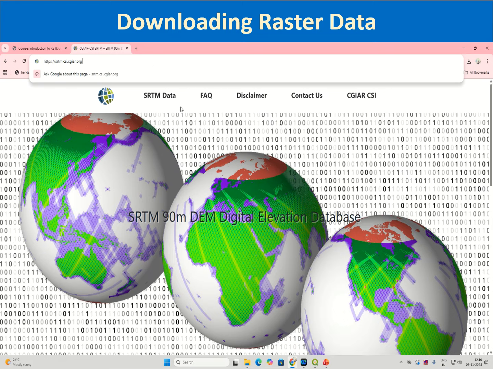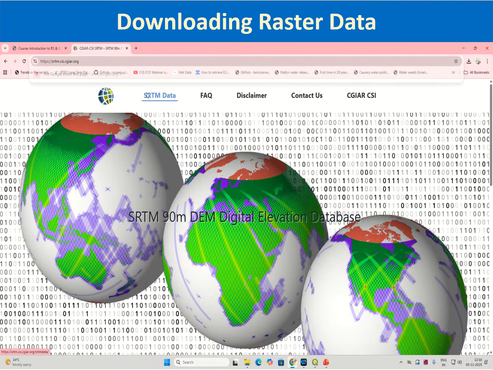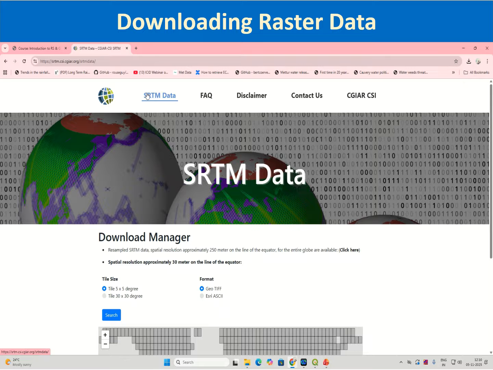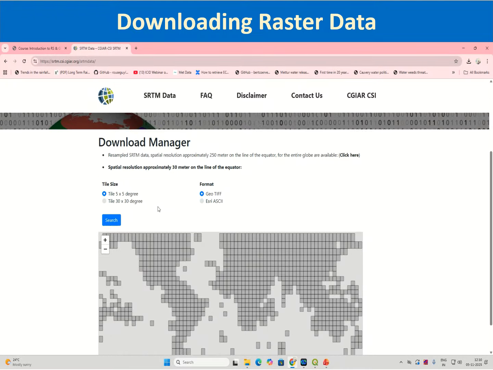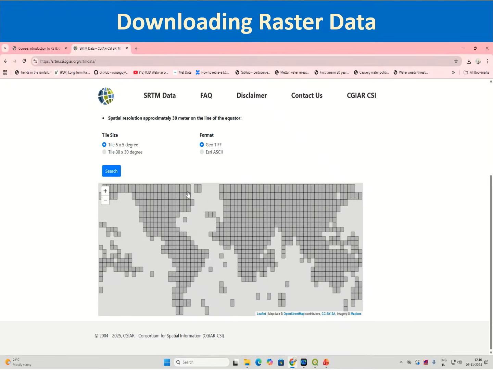Now here we want to just show you how we can work with raster data. We are going to download SRTM data. You go to this website, srtm.csi.cgiar.org, and then click on this SRTM data tab. Then you see SRTM data is available in tiles, 5 by 5 degree tiles. Now tiles are different from spatial resolution. Spatial resolution will be 30 meter, or in this case 90 meter pixel size, but these